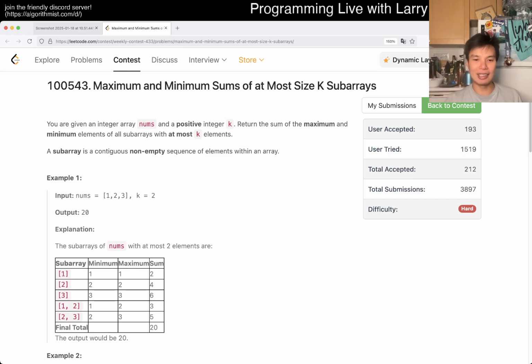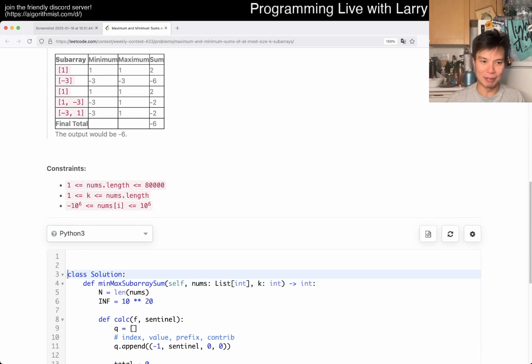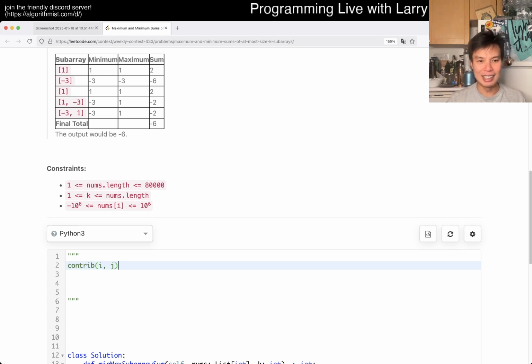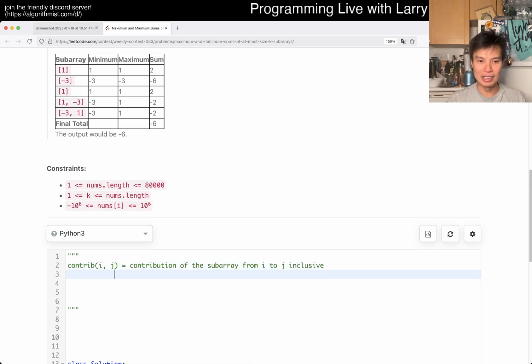So maybe you could say the contribution from i to j, the subarray from i to j inclusive, is equal to f of max of ij, plus f of min of ij, which just means the max